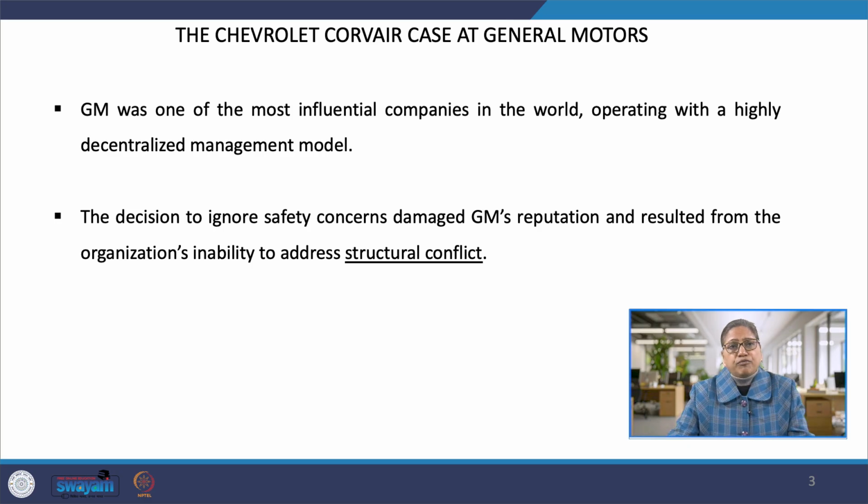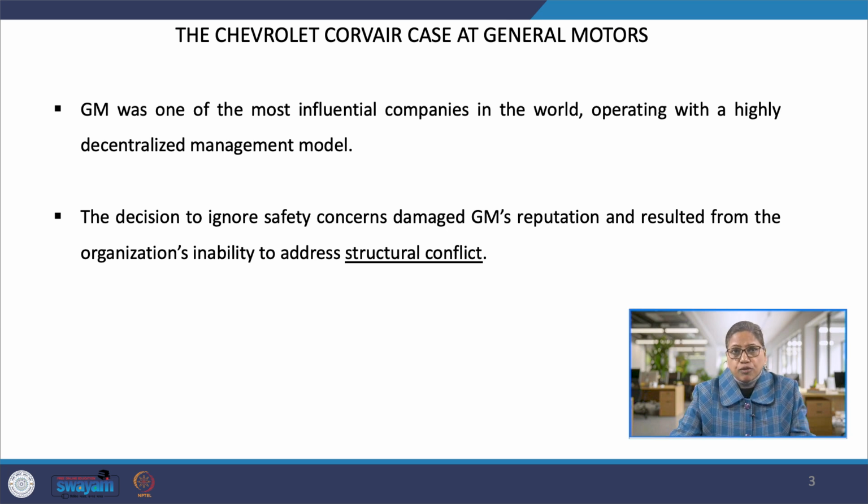This structural conflict, which emanated from the rift between departments, is rooted in the clash between safety priorities and financial objectives. The decision to ignore safety concerns damaged General Motors' reputation and resulted from the organization's inability